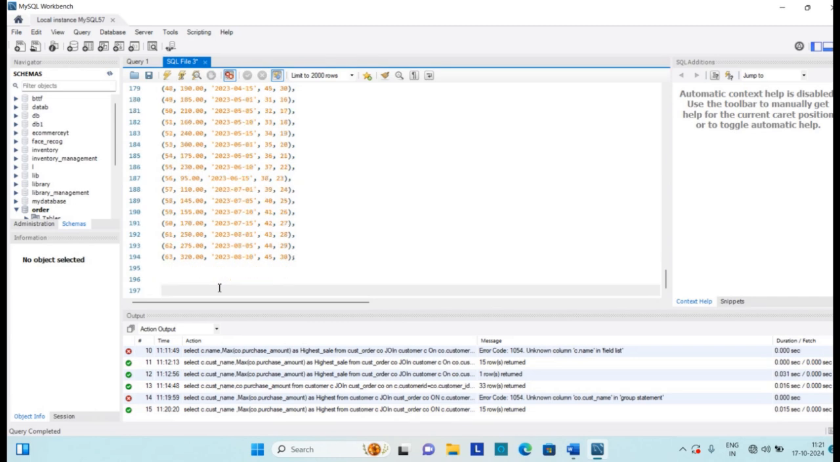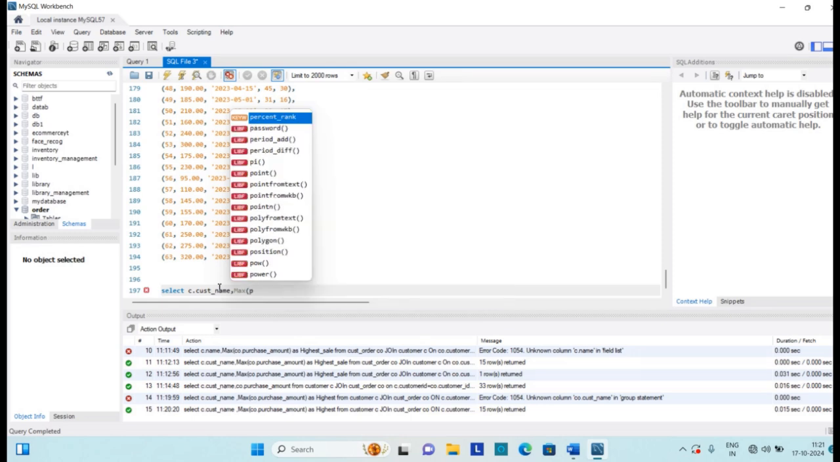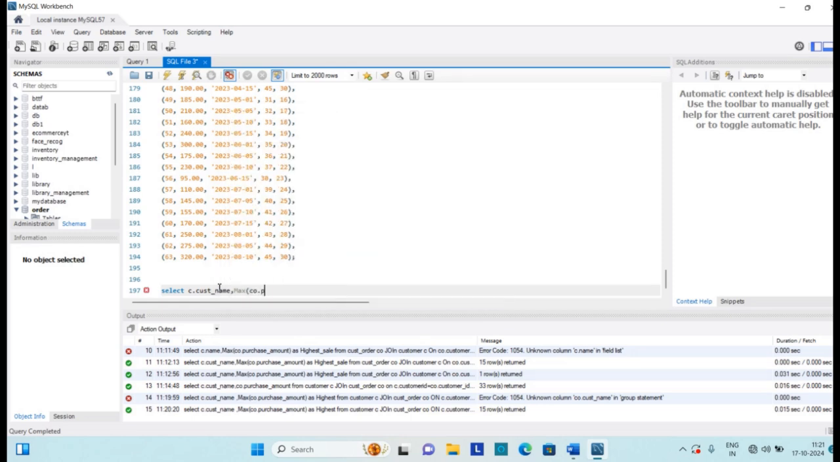So let us write a query. Select C dot customer name, which is a field from the customer table, comma, we will use the aggregate function maximum to find out the highest purchase amount. So we will write MAX of CO dot purchase amount